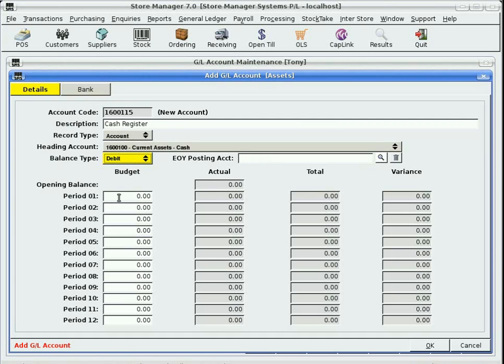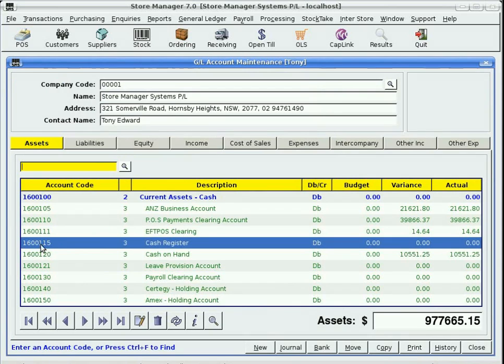We can see here there are columns. We can put in a budget for the account. This gives us the actual that's in the account. It gives us a running total of the actual with the opening balance, and then whatever comes in here shows us the total as we go, and then this would show us the variance from the budget that we have set up. Now we don't need to set up a budget on a cash register because pretty much it's always just going to hold the float. To save this account we click on OK,